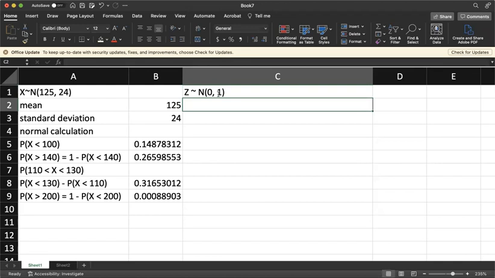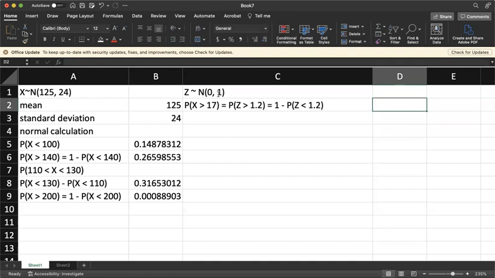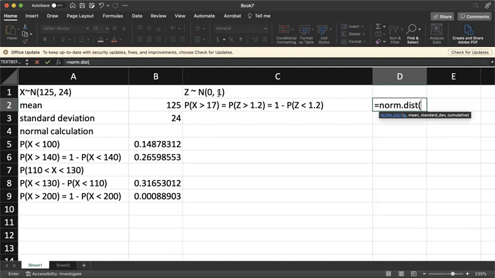So if we did the refrigerator example, where remember it was probability of X being more than 17, this can be rewritten as Z greater than 1.2, which we also know needs to be written as 1 minus P of Z less than 1.2. Now let's try this calculation here. So we're going to do norm.dist, equals 1 minus norm.dist. And we're going to do 1.2. And if we do true,